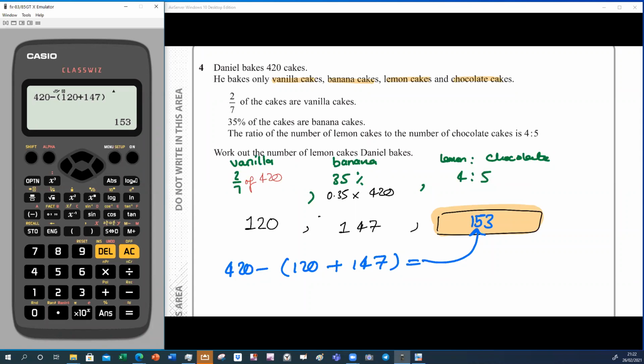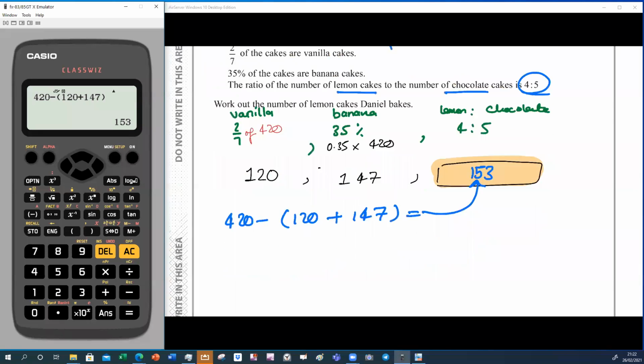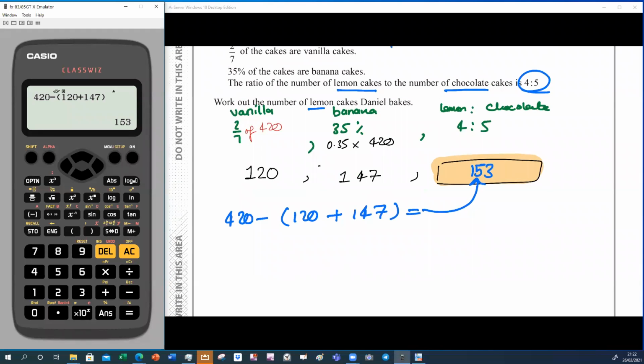153. Now it says here, so the lemon cakes and the chocolate cakes, these two here, they're shared in a ratio of 4:5, and they want to know how many lemon. So let's do the lemon. Okay, lemon. So for the lemon ones, the ratio is 4/9 of 153. So let's put that in the calculator. So we have 4/9